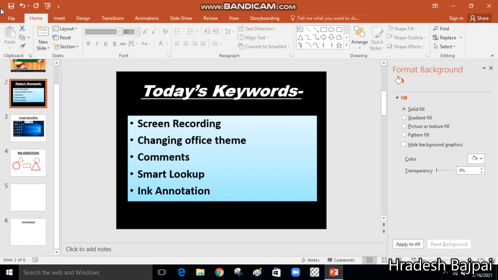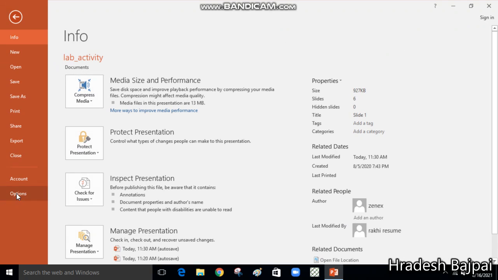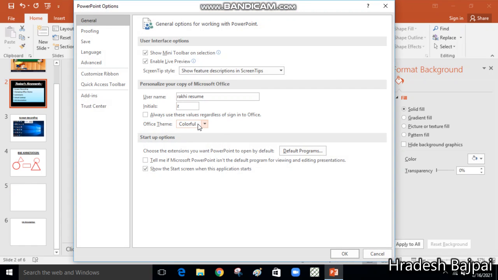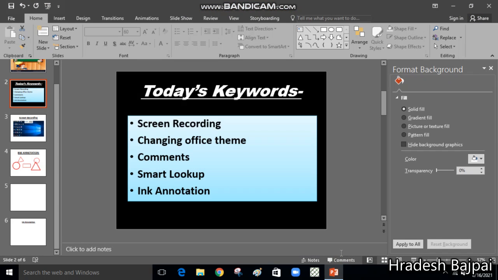And if you want to change it to that gray shade again, you can go to the same option and change it to the dark gray option. This option is not only for PowerPoint. In MS Word or MS Excel you can also change the office theme. It is just to change the theme, the way you change themes in your mobile phones, in the same way you can change themes in PowerPoint or MS Word also.